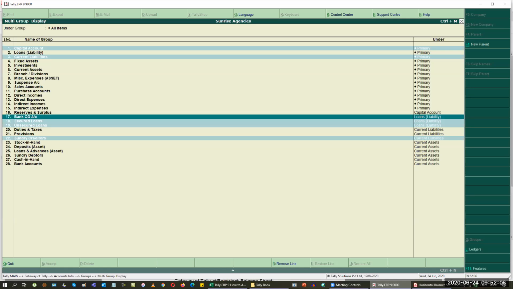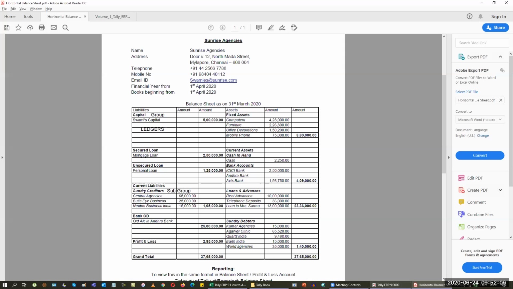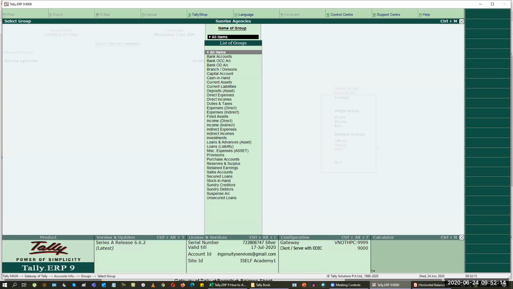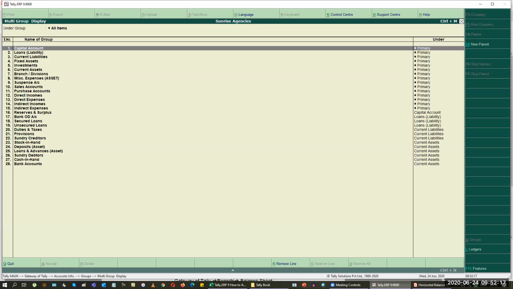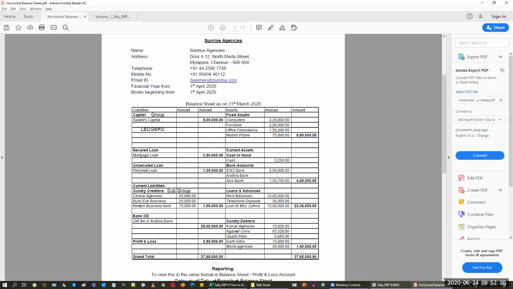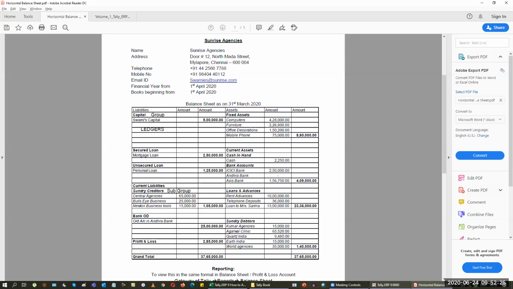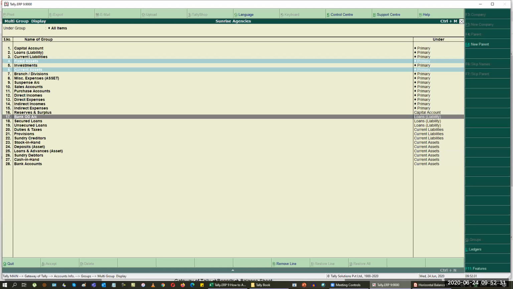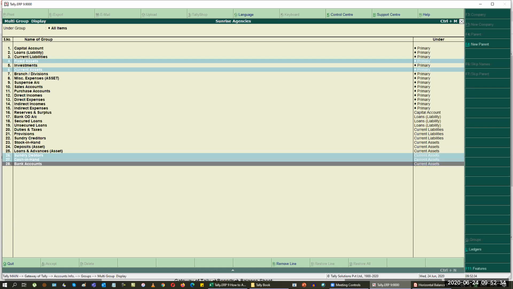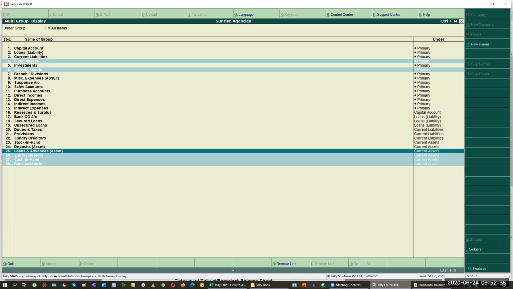So these are the groups that I've used in this balance sheet to build my balance sheet. And if I want the groups to be listed for the asset side, I have 2 primary groups and 4 subgroups. Fixed assets is one of the primary groups, current assets is another primary group, and I can see cash in hand, bank account, loans and advances, and sundry debtors. So I'm going to just select sundry debtors, cash in hand, bank account, and loans and advances. So I do have all my groups available in Tally itself at the moment for this exercise. So I really don't want to create a group. So the grouping part is over.